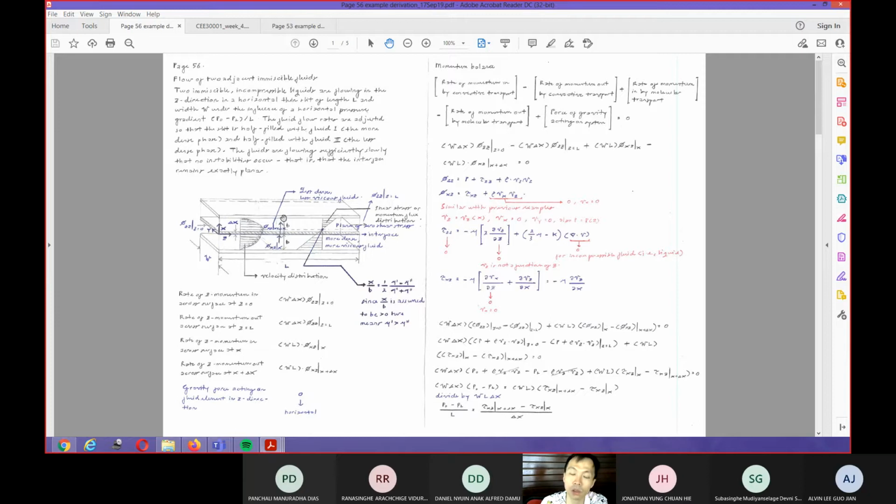And the one on top as well, the area will be the same, but they are inspected at a different location. So one is at x, the other one is at x plus delta x, right? If you use the same momentum balance that you had before, you can plug it in, and then you can break down every shear stress in terms of its components.